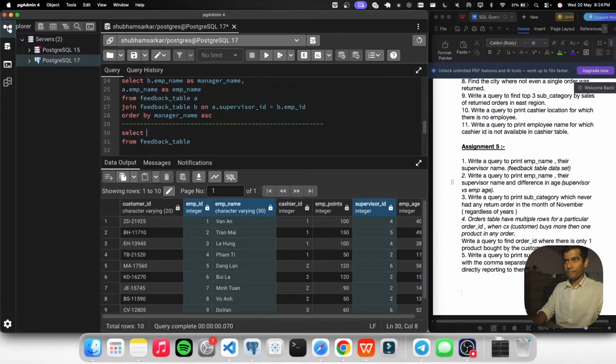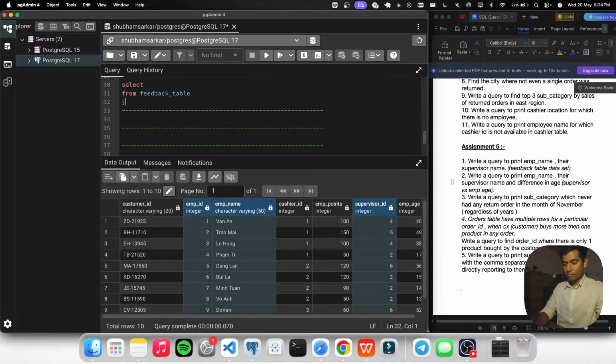अब हम लोग लिखेंगे, पहले ज्वाइन कर लेते हैं, सेल्फ ज्वाइन फीडबैक टेबल बी। अब टेबल का नाम क्या है, सेम है राइट, तो एलियास देना बहुत ज़रूरी है। सो ए डॉट, हमें क्या करना है, जो नया टेबल बनेगा उसका जो सुपरवाइज़र आईडी है उसको